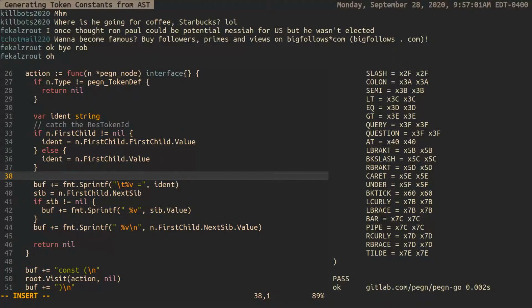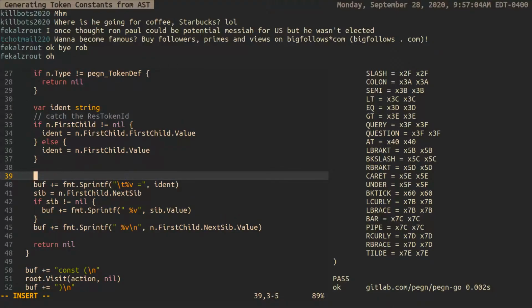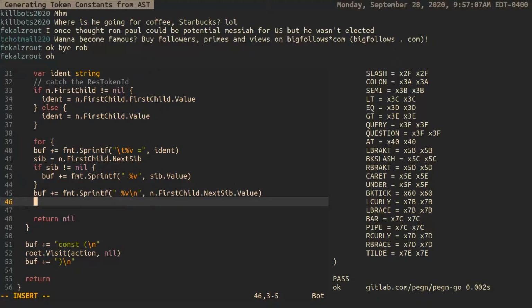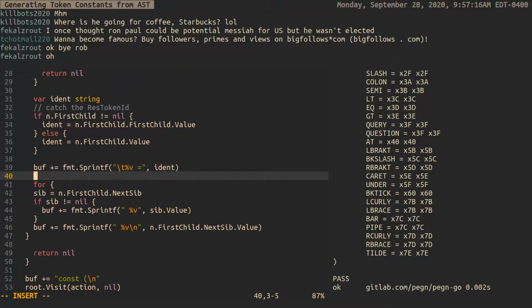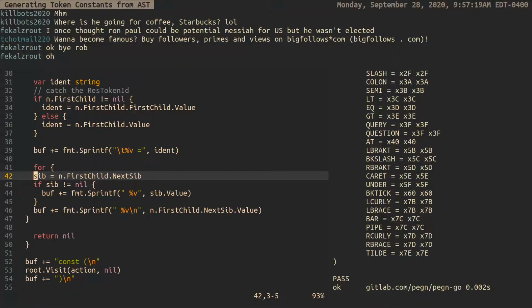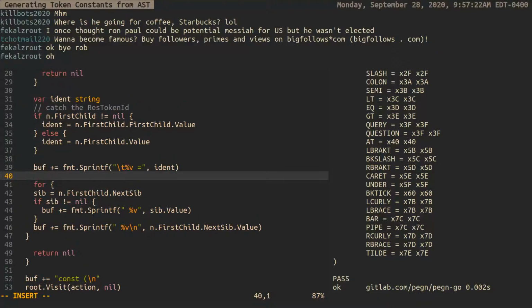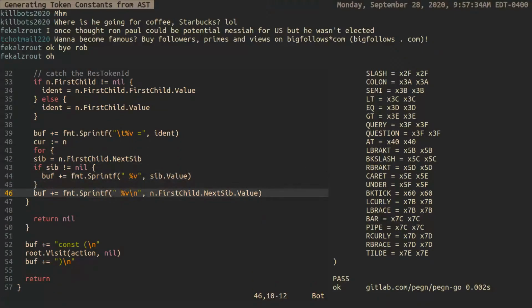So we roll this into a loop, and we say for, put you up here, sib equals whatever. Actually, let's do current. Var current. Actually, current equals n, and then we do the next one, and then we say current equals